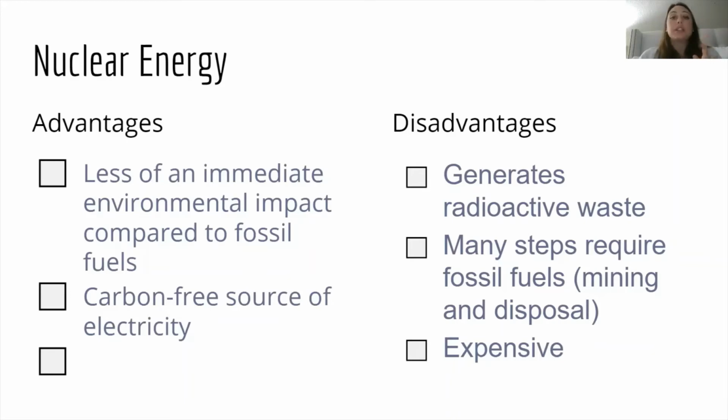There is the release of carbon dioxide when you manufacture the nuclear power plant. So when you build the nuclear power plant, that releases carbon dioxide. But once the power plant is built, there is no release of carbon dioxide in producing electricity from nuclear. The disadvantage: when those fuel rods go through their process, at some point the uranium runs out and we